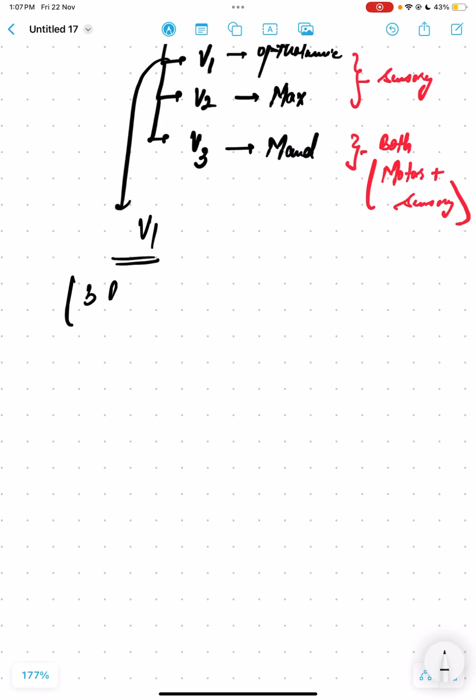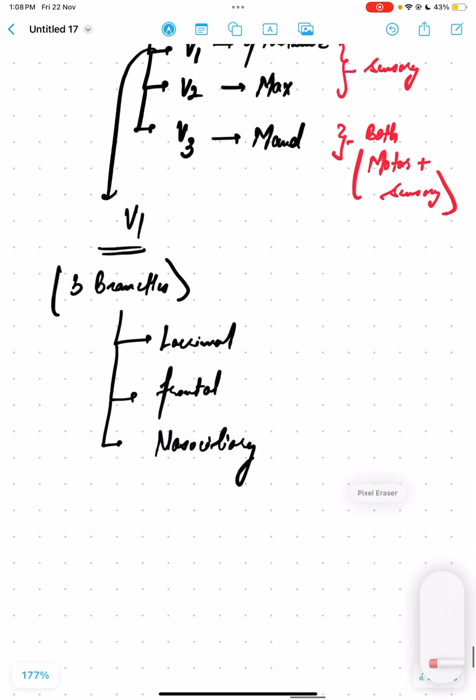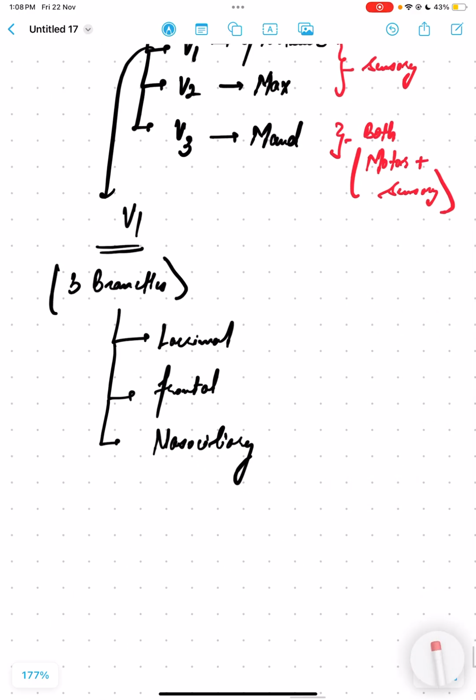V1 has three branches, that is lacrimal, frontal and nasociliary. Lacrimal, frontal and nasociliary branch. How you can remember is that frontal is further divided into the two,